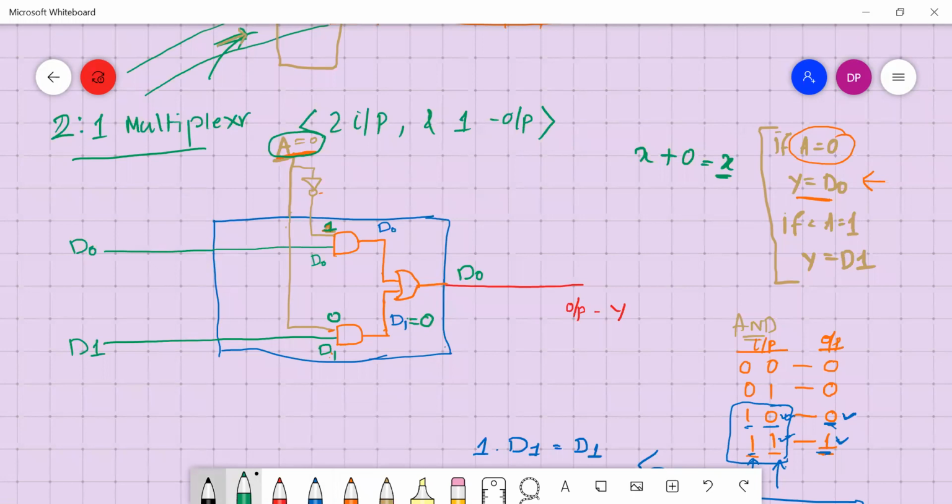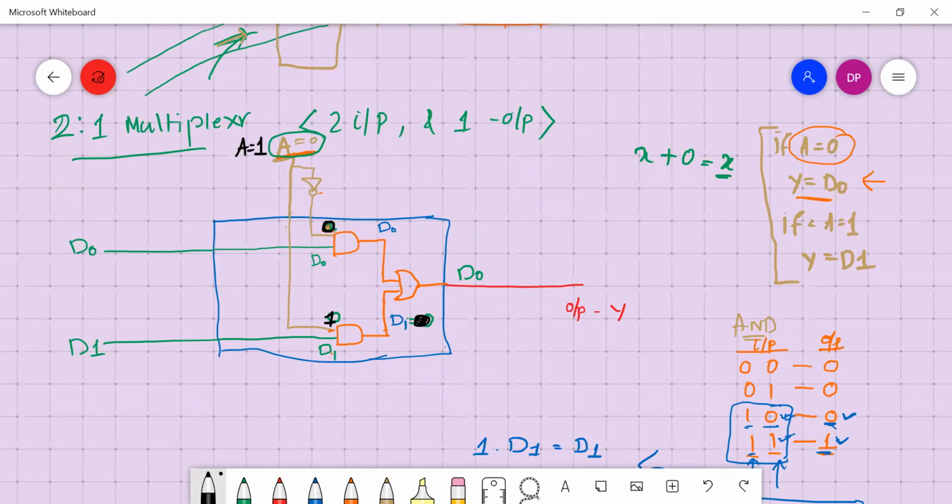Now, if you take A is equal to 1, what will happen? This 1 will reach over here, so 1 AND D1 gives D1. Then A is equal to 1 means this NOT gate will produce a 0.